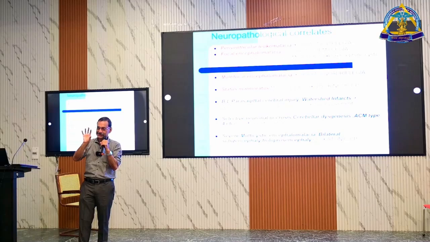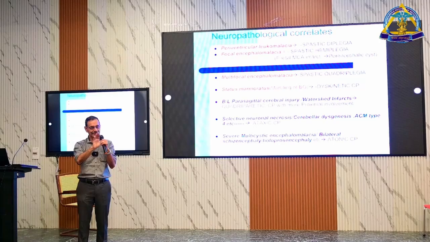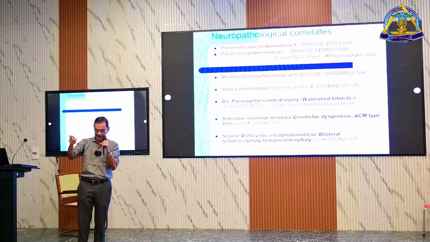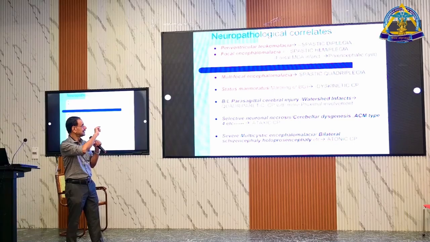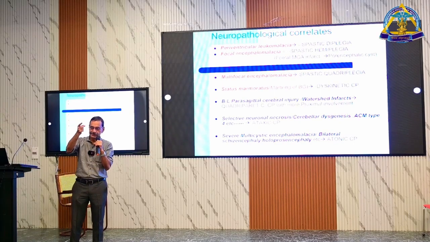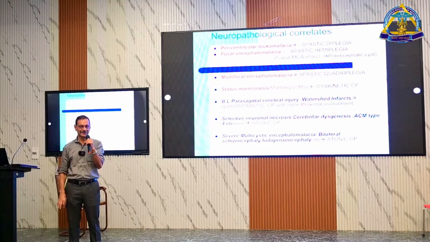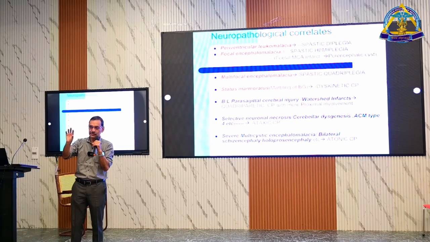So if there is something wrong near the ventricle, what is going to be affected is the lower limb fibers. My book has got a picture also, you can just have a look. When the lower limb fibers are circling around that, if there is some damage, they will be affected, right? So that part of the brain becomes softer,